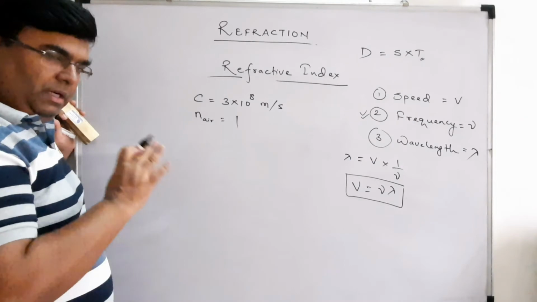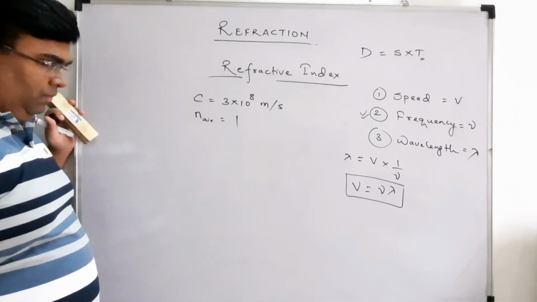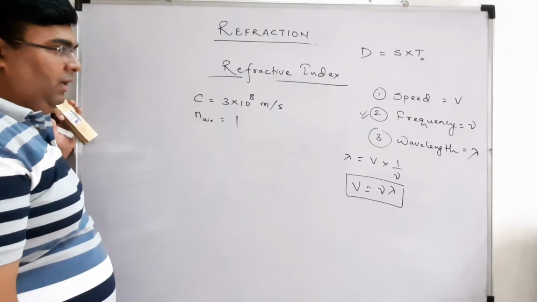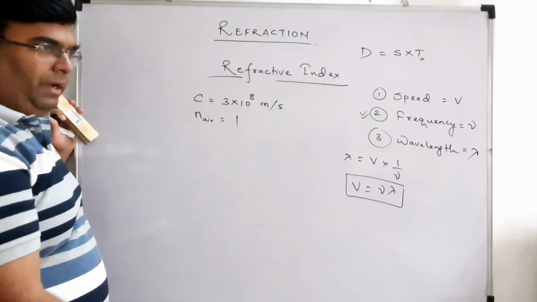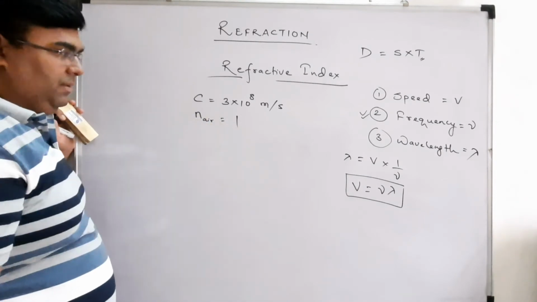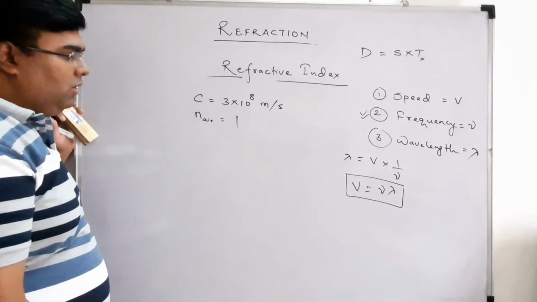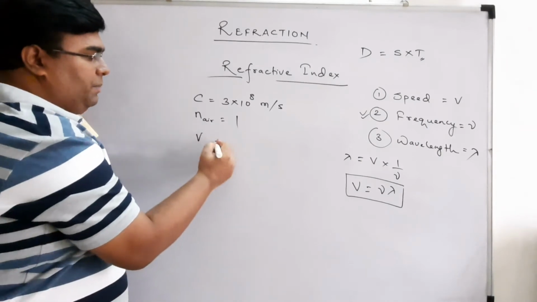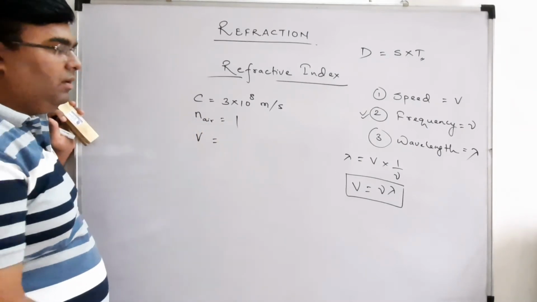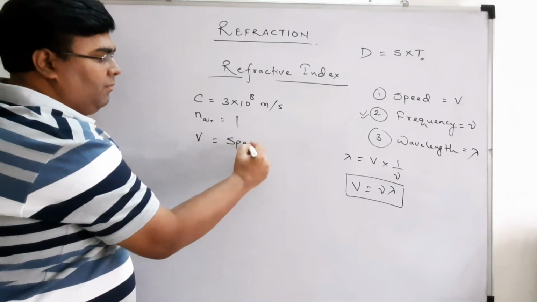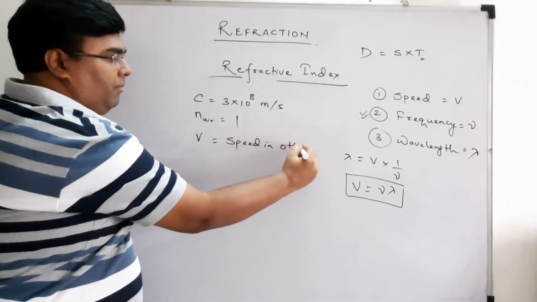For other media it is greater than 1, and we all know that if light enters another medium, its speed decreases from air. So let us say the speed in the other medium is v,